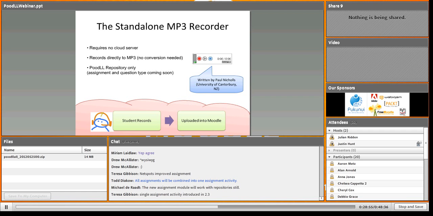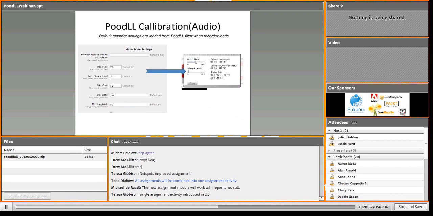Okay, let's move forward. I might just skip this particular section here. I'll just explain what it is, but without going into too much detail. The audio and video settings for your camera and your microphone can vary from PC to PC, but if you're working with a computer lab, they're probably going to be the same. And so you can set those site-wide using the PoodLL filter settings page, and those will be applied to the settings of the recorder itself.